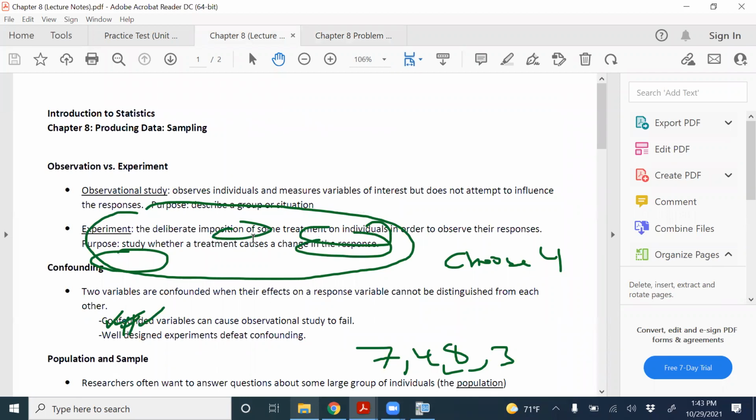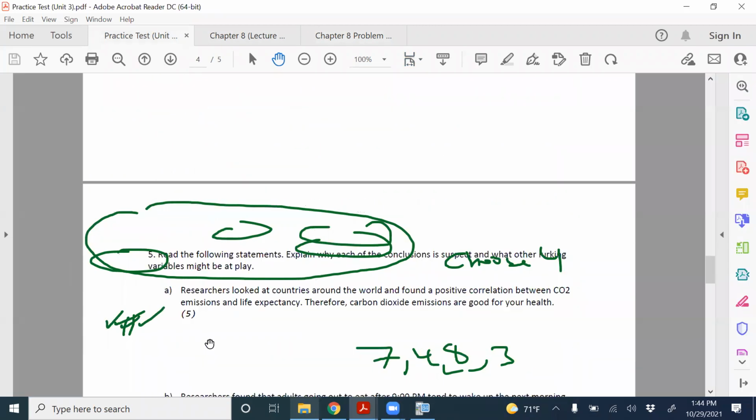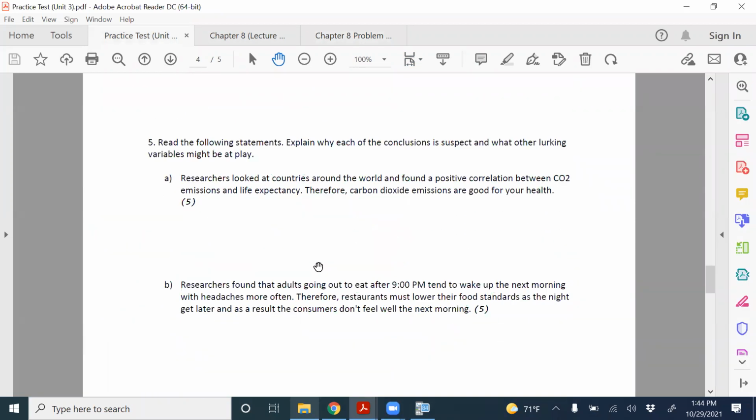So you assign a number, and then you use a computer to randomly spit out some numbers, and then you just go along and start picking numbers from that. So that's how that works. So that explains how to do that. Number 5,